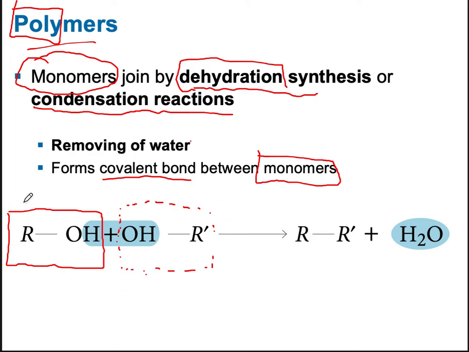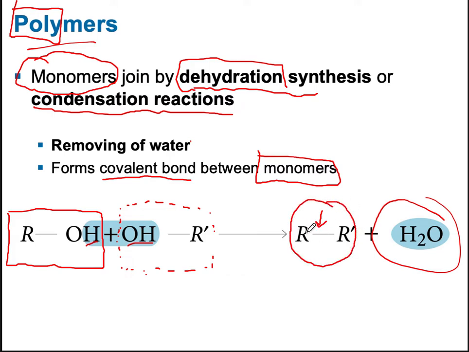So you have monomer 1 and monomer 2, and we're going to synthesize them together by giving off an H on one and an OH on the other. And that's how you get your water, right? So you're removing H and OH to form water, and now you have covalently put together your two monomers,